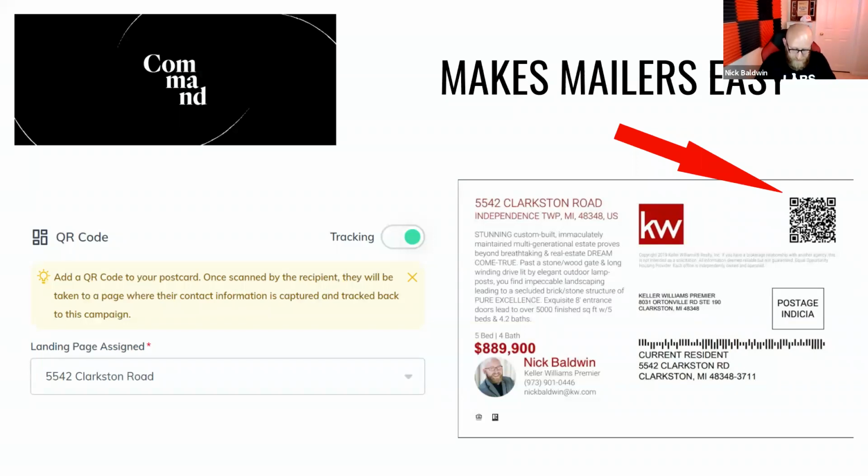And you'll notice that a landing page link pops up when you scan it. And when you click that, it opens up to a landing page. And what's so cool about that is that when you send these out, and the QR code gets triggered, when someone scans it at their home, you get a notification in Command with their information, with their phone number. And so you can call them up: hey, how's it going? This is Nick with Keller Williams, and I'm just giving you a ring because I think you might have gotten my card about